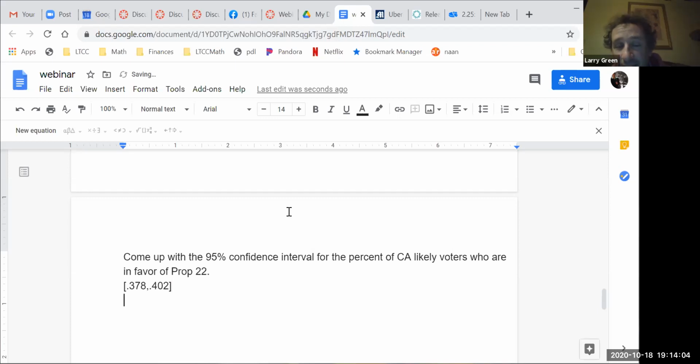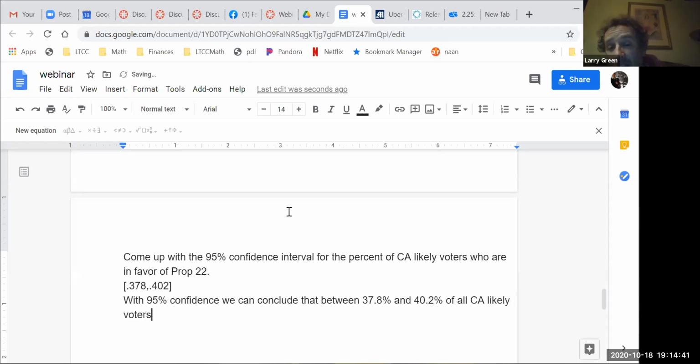All right, now it's time to do what we did before, and that is write down the conclusion. With 95% confidence, we can conclude that between 37.8% and 40.2% of all California likely voters